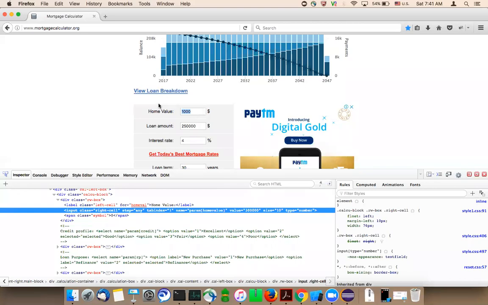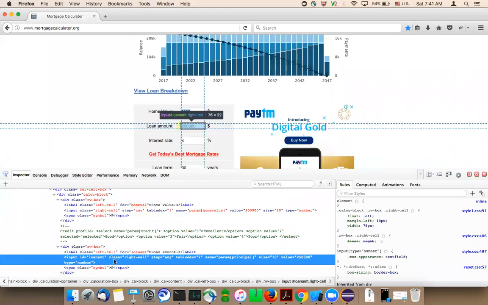Similarly, class equal to right cell. Even loan amount has the class right cell. If I try to find the element by class name, I'll get many elements with the same class name.